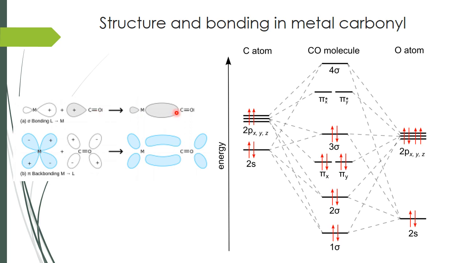Now here, when the sigma bond is forming, the triple bond is there between carbon and oxygen. Once the electron density moves from the metal to carbonyl, automatically the bond order decreases. So as the bond order decreases from 3 to 2, there will be double bonds forming, and the pi bond is forming between the metal and the carbonyl group. This is called back donation. The back donation takes place when filled d orbitals are present in the metal, and those electrons move from the filled d pi orbitals to the antibonding pi star orbitals of the carbonyl group.